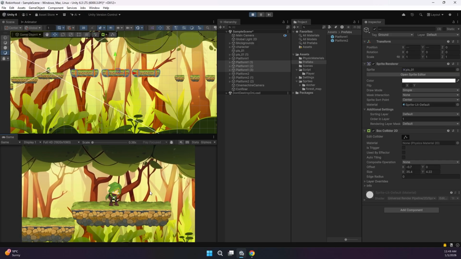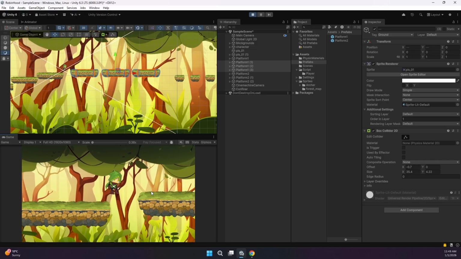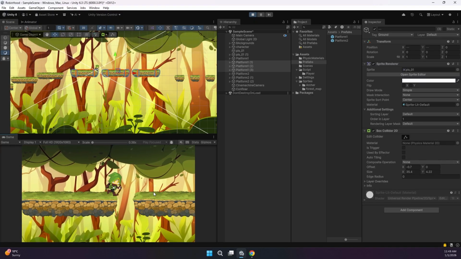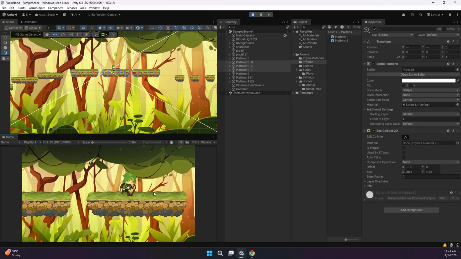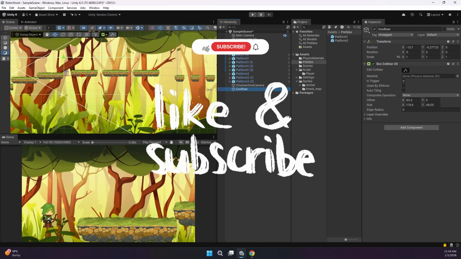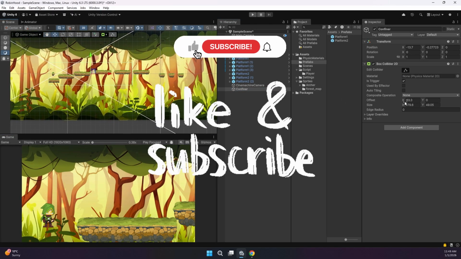In this episode we are going to build a camera system for a 2D platform game in Unity, focusing on smooth movement, clean player follow, and using 2D Confiner to keep the camera inside the level boundaries. We are also going to set a perspective background to add more depth and visual interest to the scene. If you want to learn how to create a 2D platformer from scratch, you can start from the first video